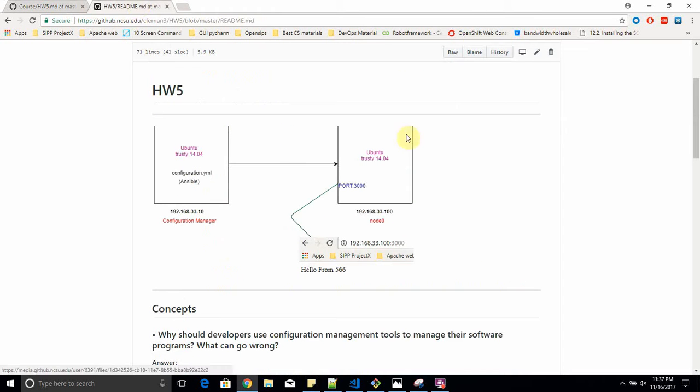This is the environment which I'll be using for this demonstration. So I have a configuration manager with 192.168.33.10 IP address assigned to it. It's basically a Vagrant virtual machine that has Ubuntu Trusty 14.04 operating system. It already has Ansible installed in it, and configuration.yaml is the Ansible playbook that I'll be using in